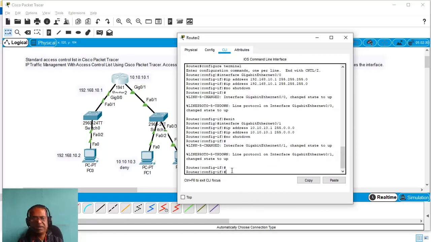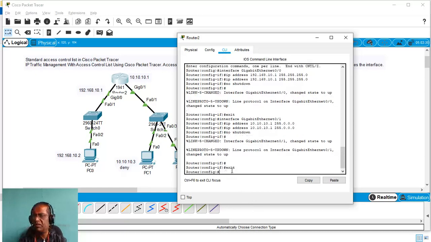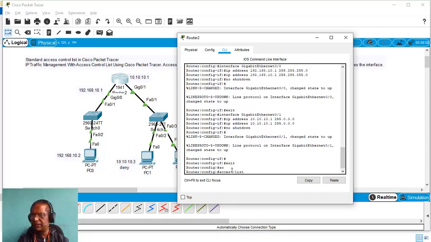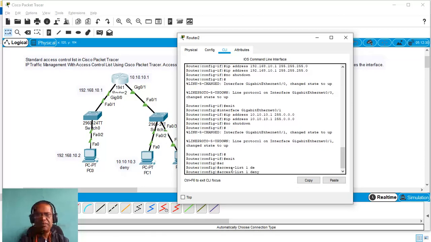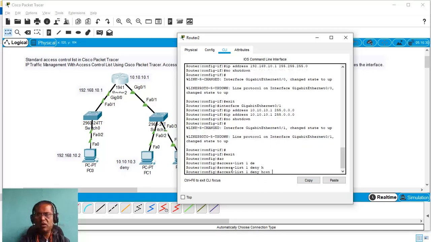Now let me go to the global configuration mode and create the access list. The access list number is between 1 and 99. I am giving 1, and then the action is deny or permit. So I am saying deny host, and then the host IP address.